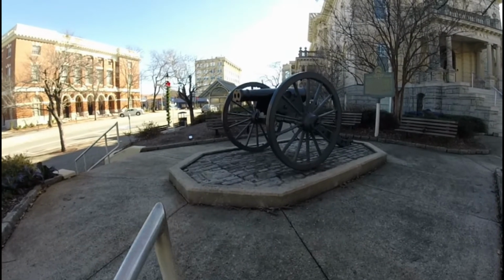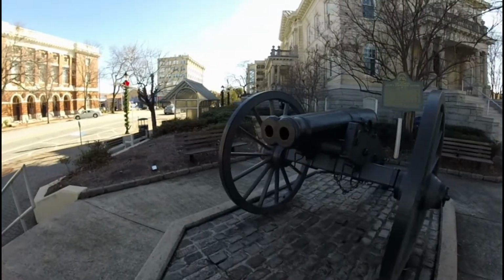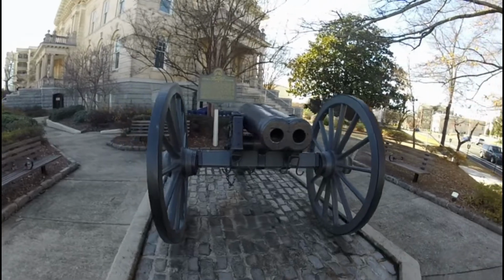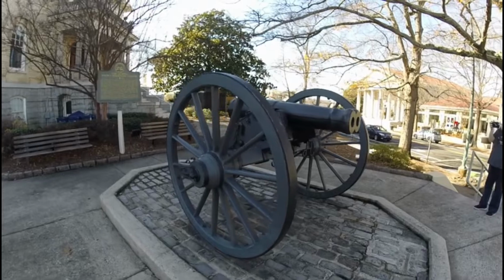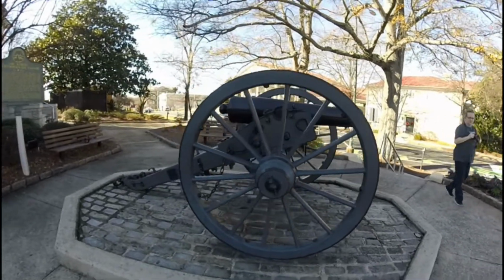Here's the famous double-barrel Civil War cannon, sitting in downtown Athens, Georgia at the courthouse. It was designed to shoot two cannonballs attached to a chain, and it was supposed to mow down the Union infantry. It never worked. When it was first tested on April 22nd, 1862, and aimed at a target of two